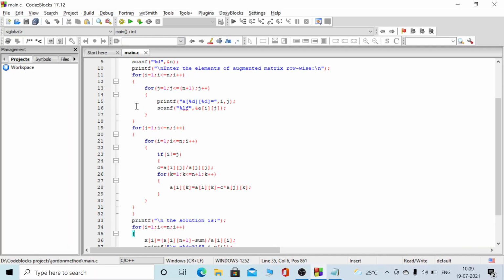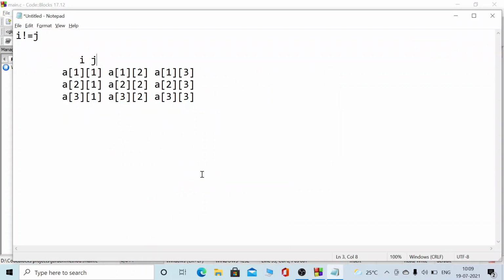If i is not equal to j, it will get inside the loop and run these two statements. Here c is equal to a of i j divided by a of j j. So this element will become 0, and to make this element 0, all the elements of that particular row will be changed.